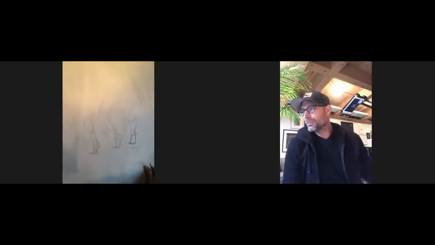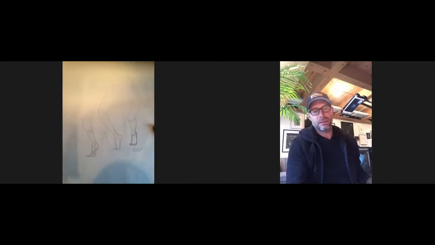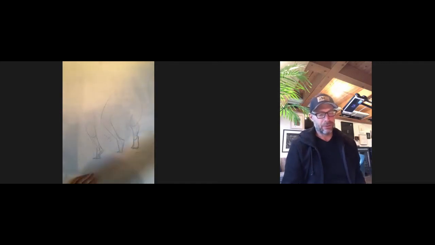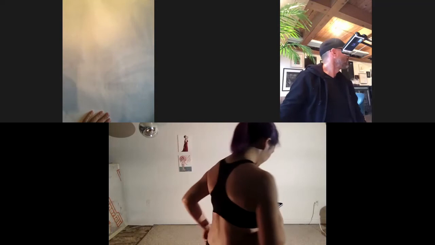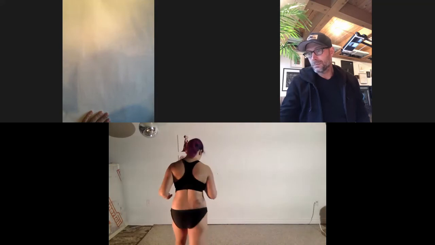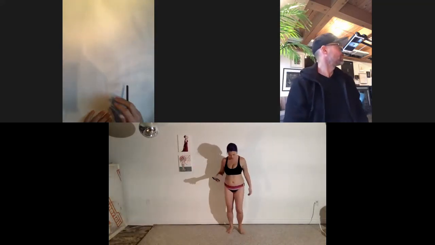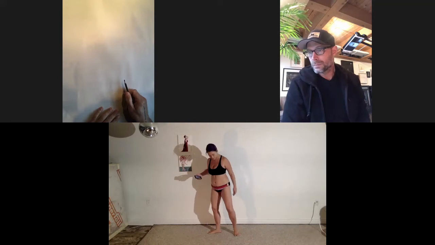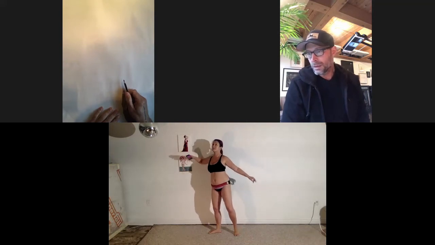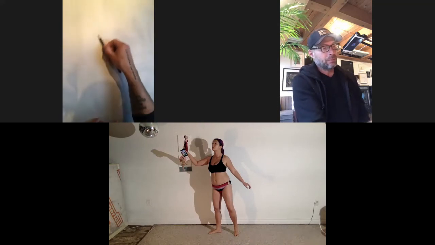So Emily, would you mind taking on a pose that, say, has one foot in an easy position and another foot in a more difficult position, say like something foreshortened? Do you want a close up of the feet or the whole body? Whole pose, please. Whole pose? Okay. Great. Okay, so